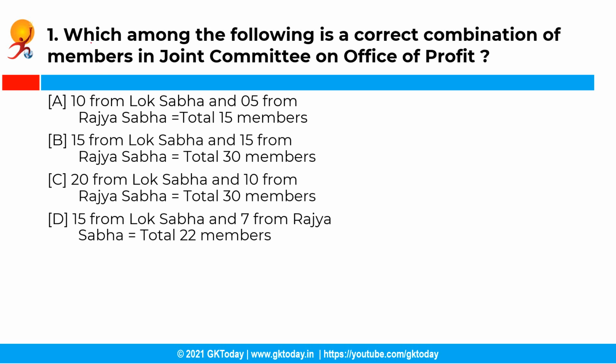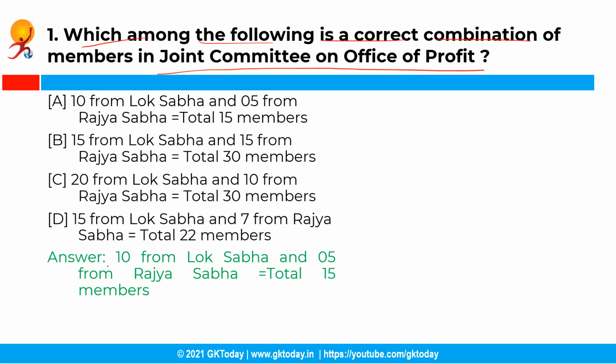So the first question is, which among the following is a correct combination of members in Joint Committee on Office of Profit? So you have the following options and the correct answer is option A, that is 10 from Lok Sabha and 5 from Rajya Sabha, total 15 members. See, the Joint Committee on Office of Profit is constituted in pursuance of a government motion that is adopted by Lok Sabha and concurred in by Rajya Sabha. So it consists of 15 members, 10 members are elected from Lok Sabha and 5 members are from Rajya Sabha,